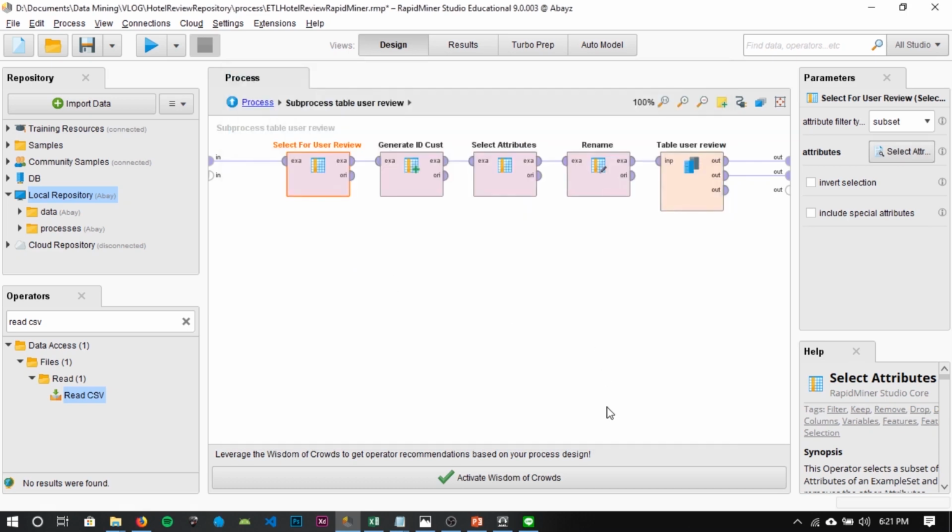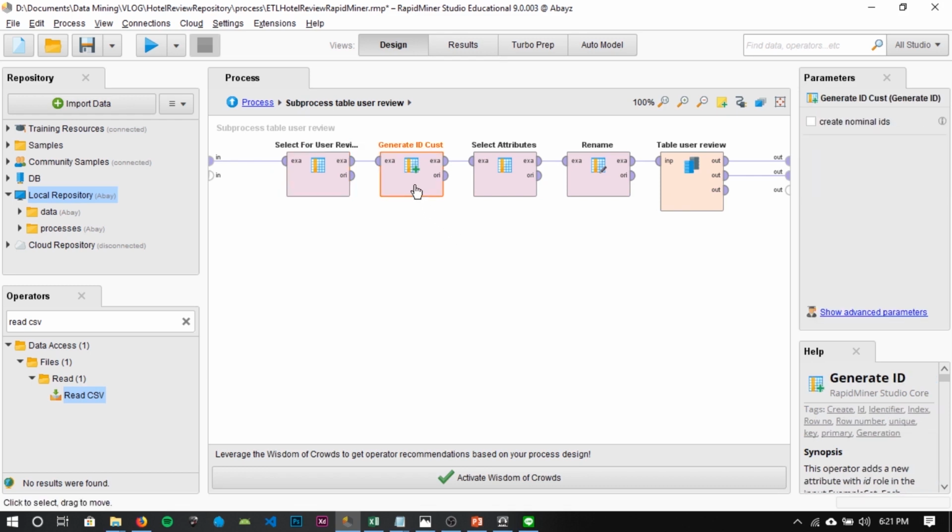After I select attributes from the ETL process, I put in Generate ID. Why do I put Generate ID in the subprocess table user review? Because every row needs a unique ID, so Generate ID is needed in RapidMiner.